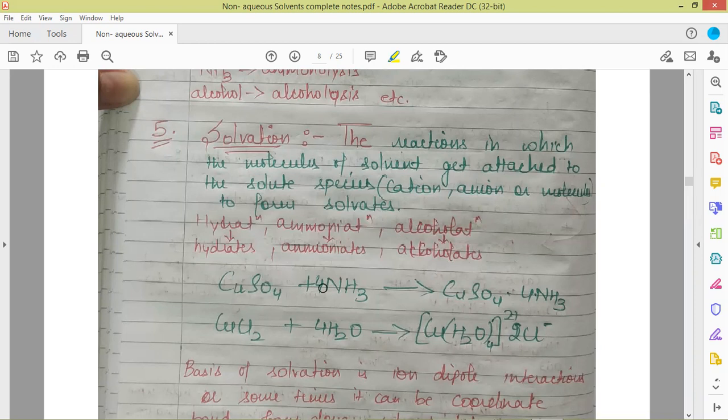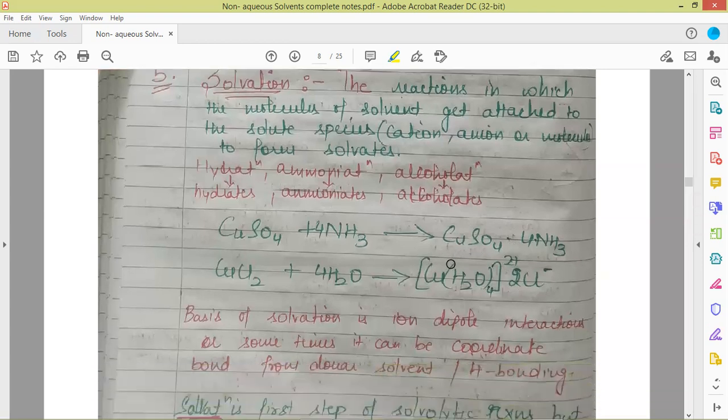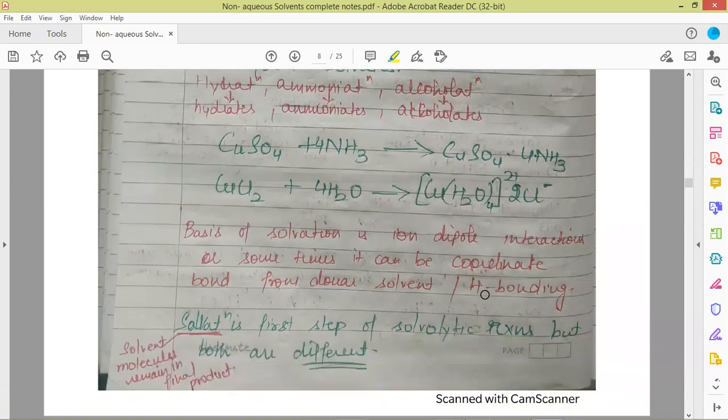If we take copper sulfate in ammonia, it will form this complex, CuSO4.4NH3. This is the ammoniate of CuSO4, or we can say copper sulfate has undergone solvation and got converted into this complex when we took ammonia as a solvent. In water, copper chloride will form this complex. So the basis of solvation